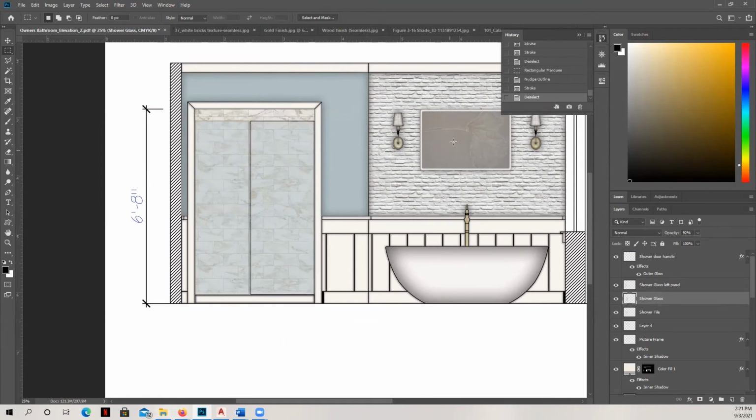Perfect. Okay, and so you can just barely see that handle, so I'll probably work a little bit more on that on my own, just so that it reads a little bit more clearly. And I could even move it over just a little bit more, and maybe just so that it matches, I'll go ahead and just create another little stroke on that one as well.